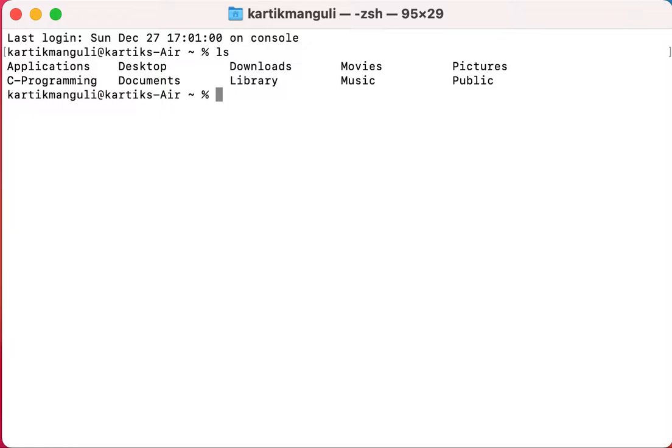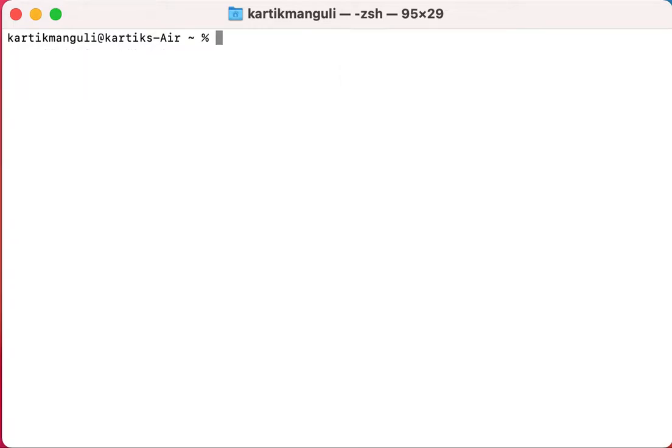I think a screen is visible for you. Today we are going to execute several Unix commands practically, so we are going to learn about Unix commands with practicals. Let me clear the screen. Whenever you have everything inside the screen, to clear it you can use clear. So here I have cleared the screen.